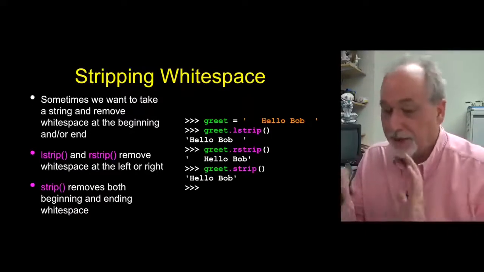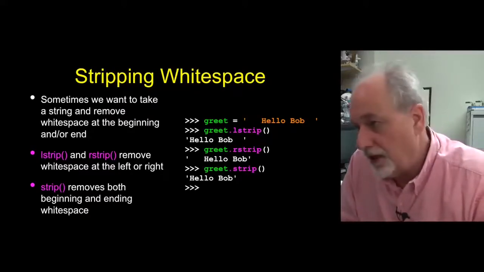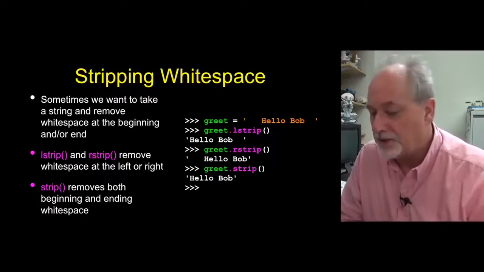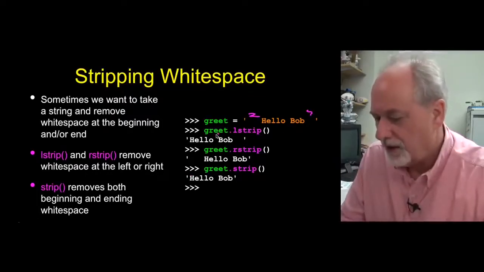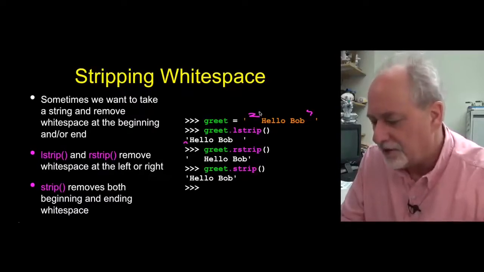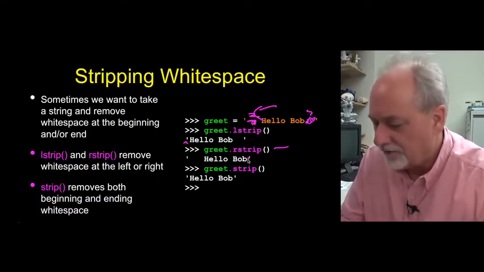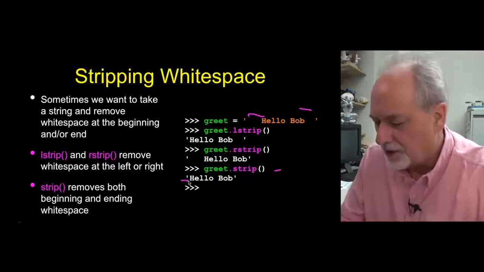And white space is not just blanks, although that's the most common thing, but it's also non-printing characters like tabs and new lines and other kinds of things. And so we have a number of different ways to strip white space. Here we've got some spaces at the beginning and spaces at the end. We do an lstrip, and that throws away the spaces at the beginning. That's the left, so that's a left strip. If there's nothing there, it doesn't harm it. rstrip means throw away all the blanks on the far end. And then strip says take both sides, and so that pulls out all the spaces on both